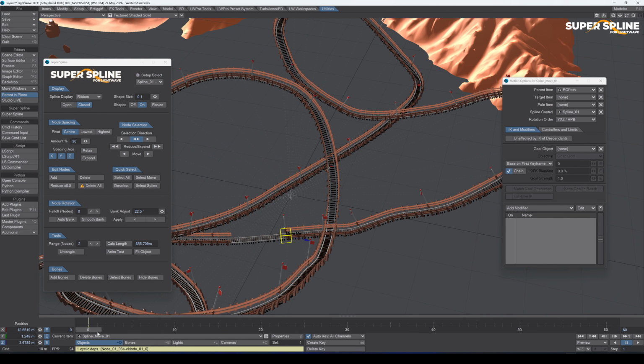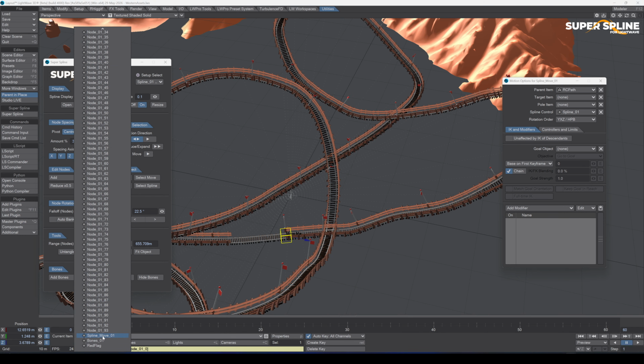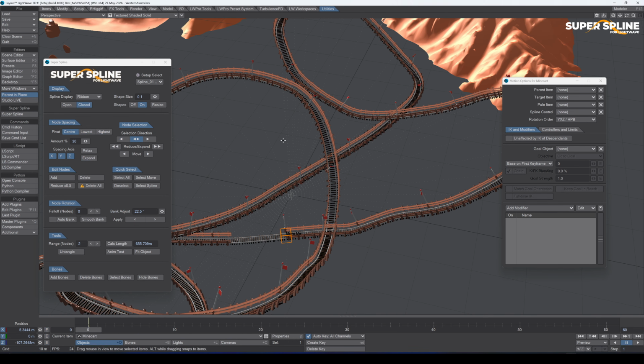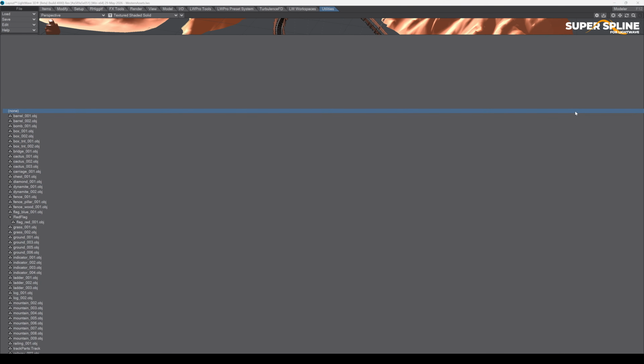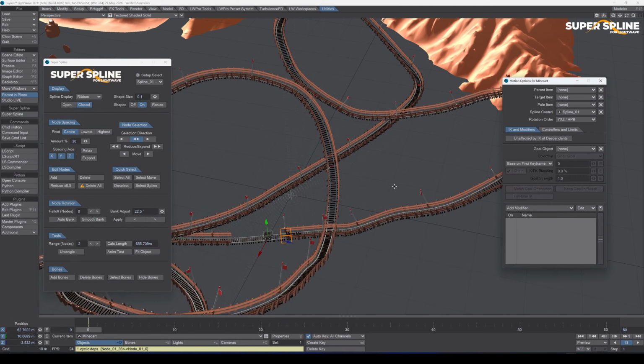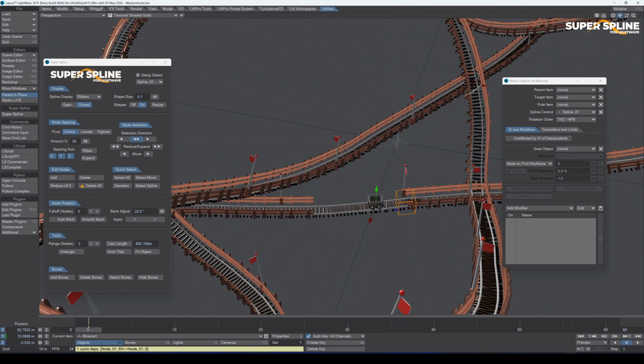So select cart, find cart. I'm just going to parent this to, in fact, no, I'm not going to parent it. I'm going to set the spline control here to be our spline. Okay, that behaves exactly as expected. We can move that in Z. But we've already got this animation,